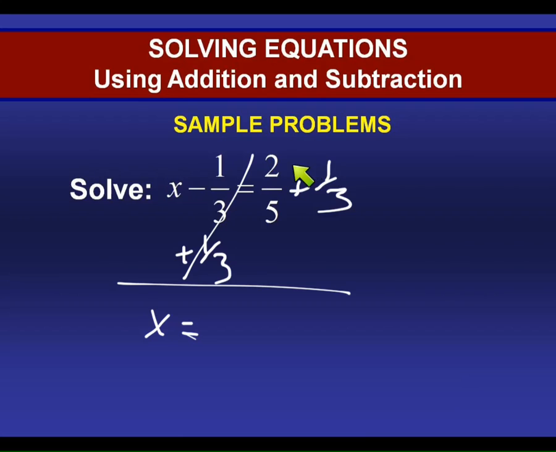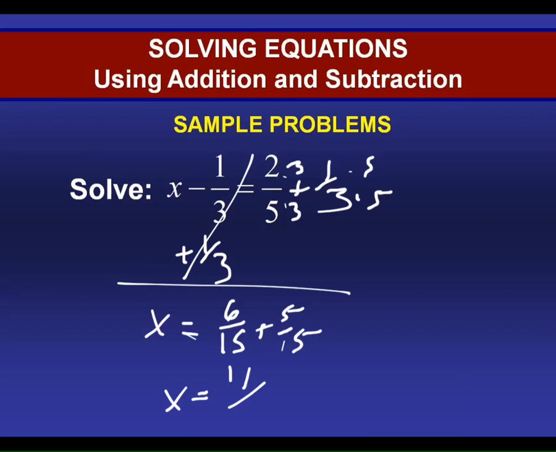2/5 plus 1/3. Remember, when you add fractions, you need common denominators. So the common denominator is going to be 15 here, which means you need to multiply top and bottom here by 3, top and bottom here by 5. So you get 6/15 plus 5/15, and adding that together gives you 11/15. I got 6 because of 2 times 3, I got 5 because of 1 times 5. So just because it's a fraction, nothing else changes. Same thing with decimals. To solve it means to get the variable by itself, positive on one side of the